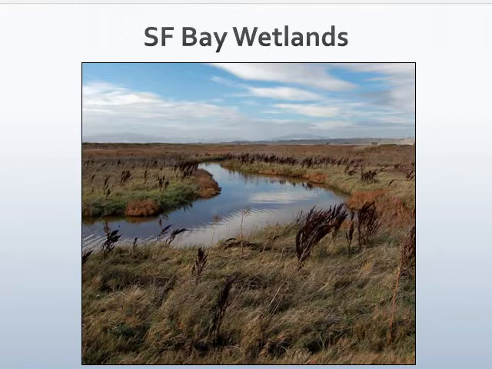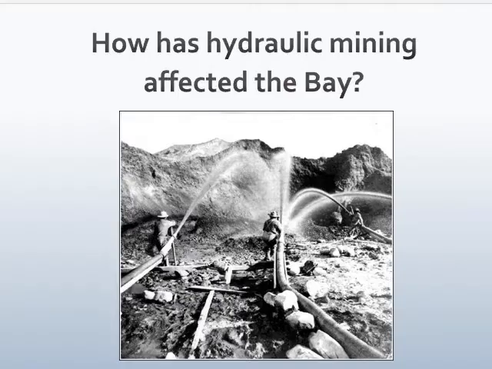Now, these wetlands provide very important ecosystem services, including flood control, groundwater replenishment, shore stability, and water purification. So another human activity that has also affected the bay is called hydraulic mining. So we've discussed the unique bay ecosystem and some critical activities that have shaped the bay, including oyster decline, climate change, and dams, specifically the O'Shaughnessy Dam at Hetch Hetchy.